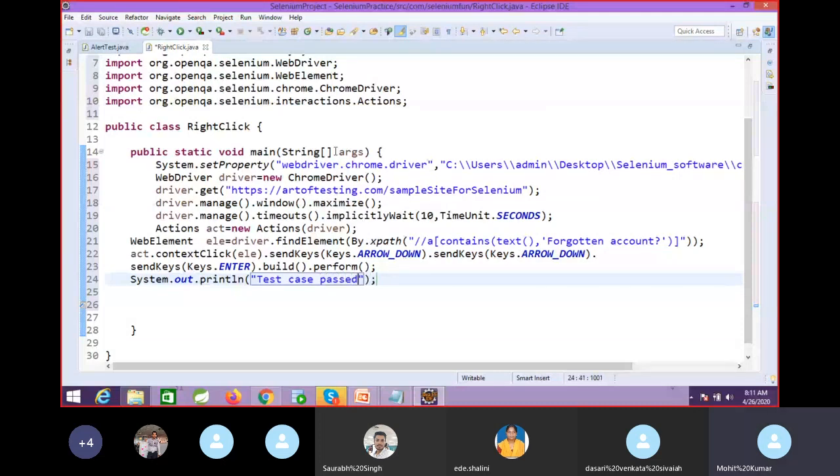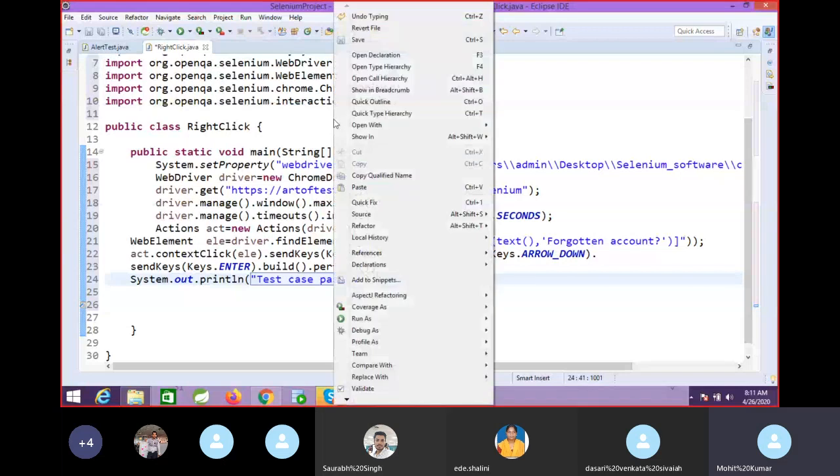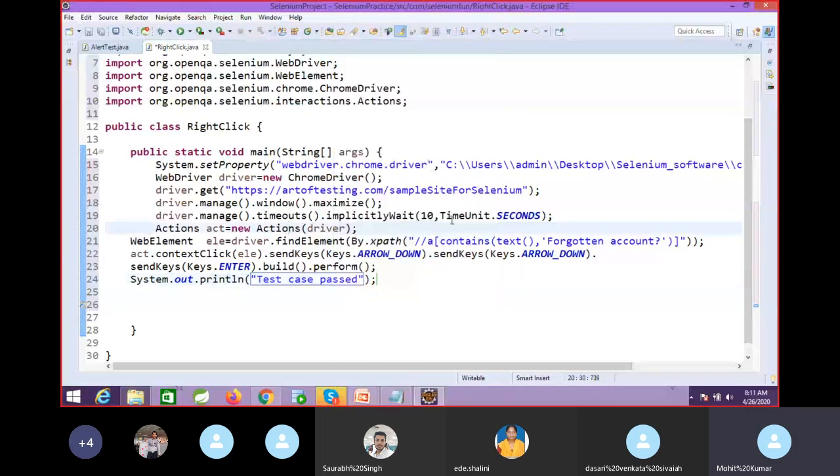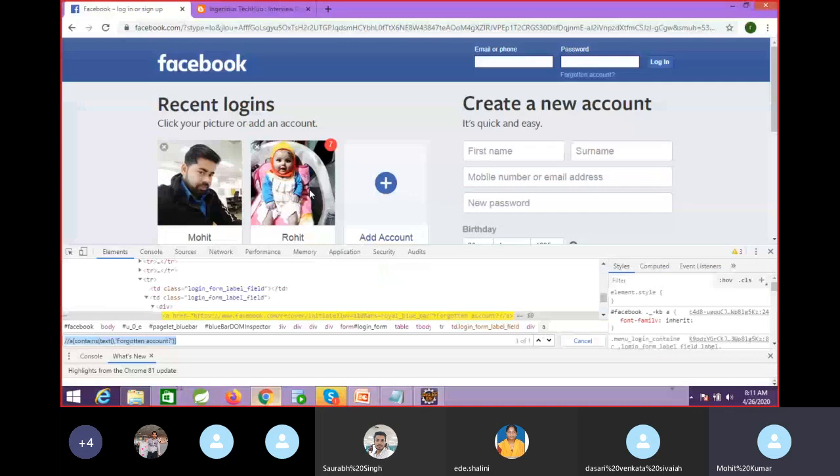Okay, I'm not closing this. I want to see what is going to happen. Did I change this URL? No, right? We need to change this URL. So we will change this URL, and this is the URL.